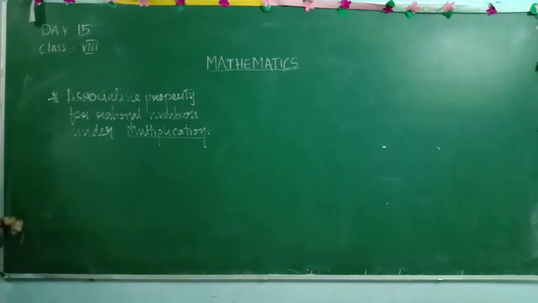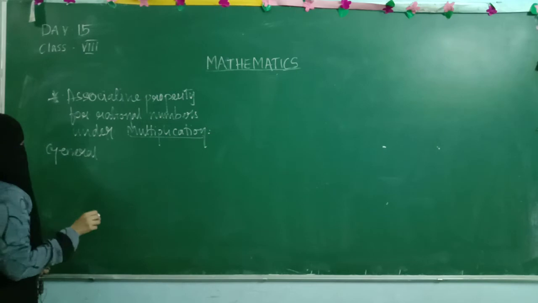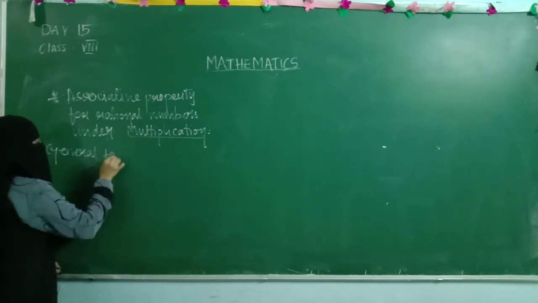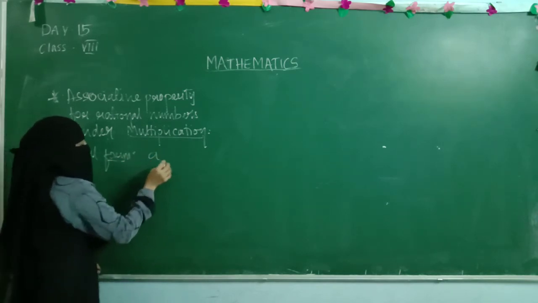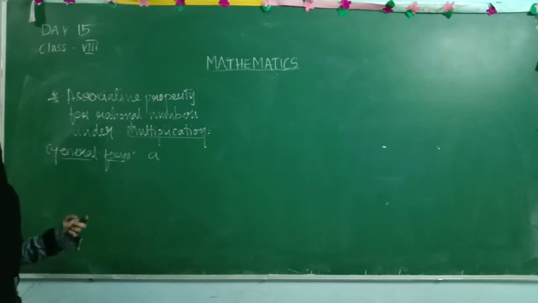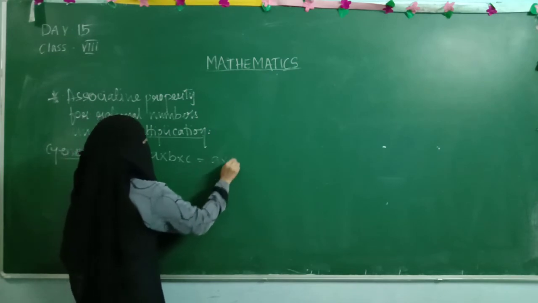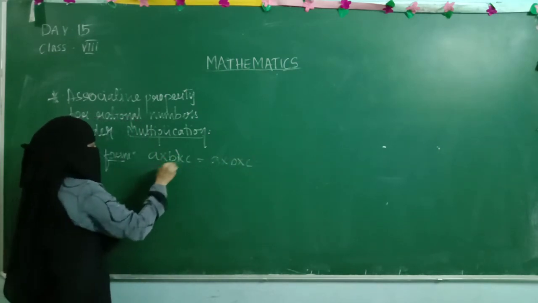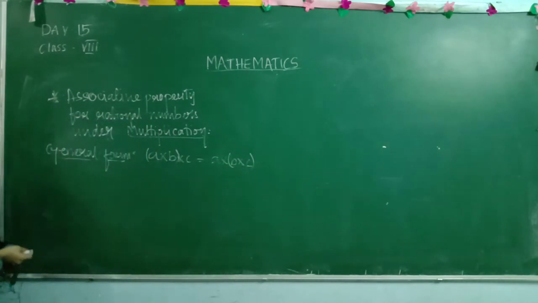Yes, associative property for rational numbers we are going to verify under multiplication operation, and the general form everyone is aware of. And the easiest method also I have shown to you: both the sides A, B, C with whatever operation you are performing. So A into B into C, here also A into B into C. Bracket to the first two terms and bracket to the last two terms. Again we need to take our own rational numbers.